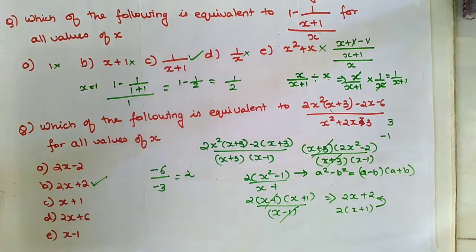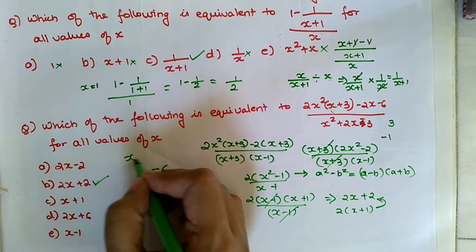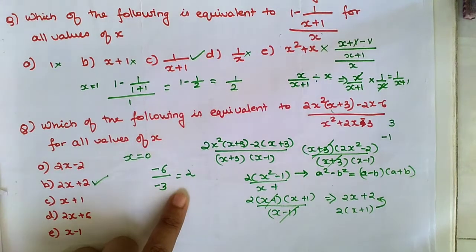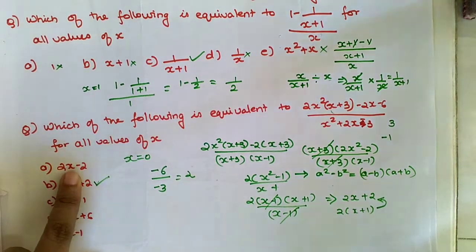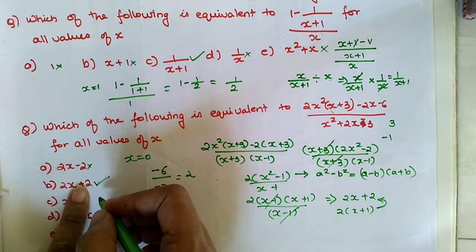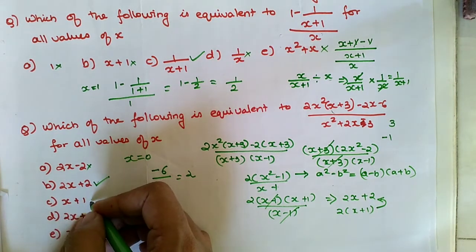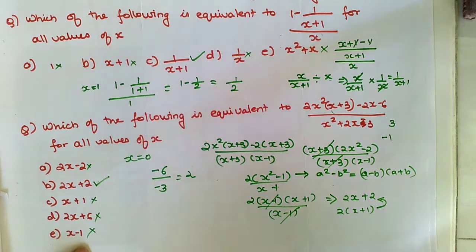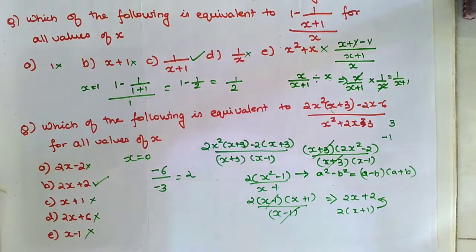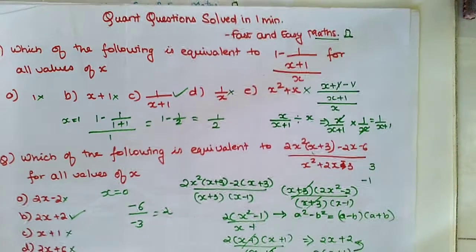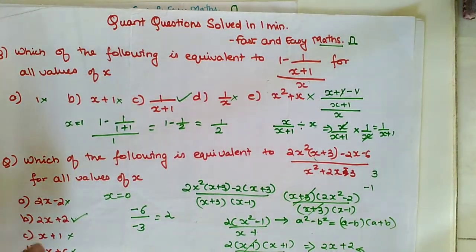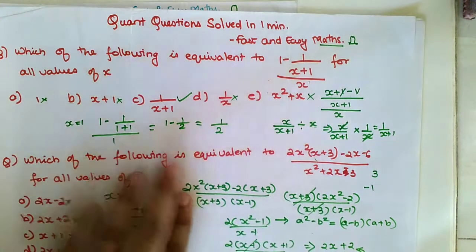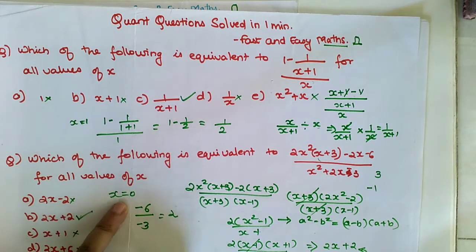So all you had to do was just put x equals 0 in these options and check where you're getting positive 2. So let's check. Here my answer is negative 2, so that is wrong. This is positive, so this can be my answer. This is just plus 1, that cannot be taken. Plus 6, not possible. Minus 1, that is also not possible. So students, as you can see, now you're able to solve these kind of questions without bothering about factorizing, by just putting the value of x.